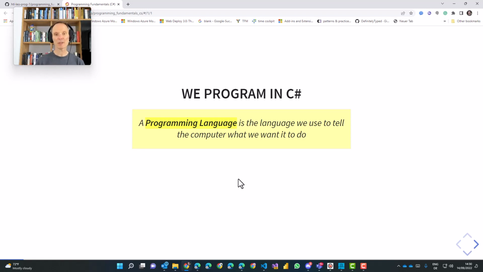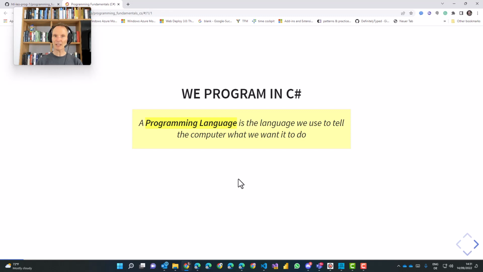For now, let me start by telling you that C# is a programming language. Now, what is a programming language? A programming language is a language that we as humans can speak or write. It's relatively easy, once we get accustomed, to write our intent, to write commands about what we want the computer to do in this programming language. And this programming language can then be turned into a binary language, ones and zeros, that the computer can understand directly.